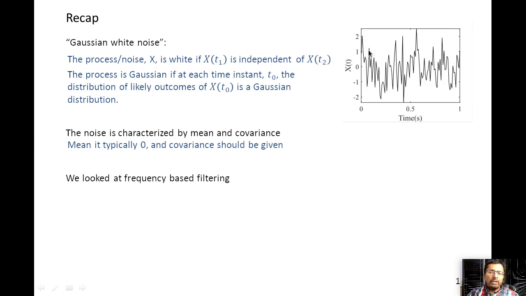The other value that we're interested in is the covariance, which measures the spread of the noise. If it's a very low covariance, that means the noise distribution is fairly narrow. That means a lot more of the points are going to be concentrated near zero. And then as the process gets more and more noisy, you can expect more points to be distributed all over the place. So that's what we expect. And as I mentioned, we already looked at frequency-based filtering. So now we're going to be looking at slightly different concepts.